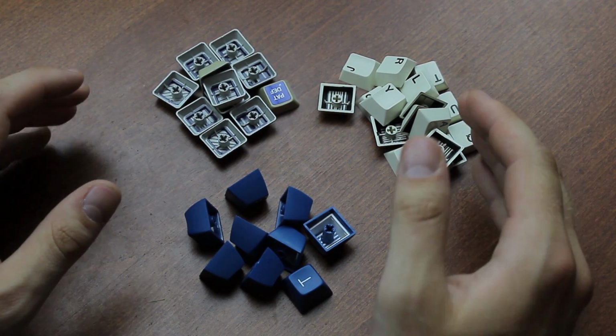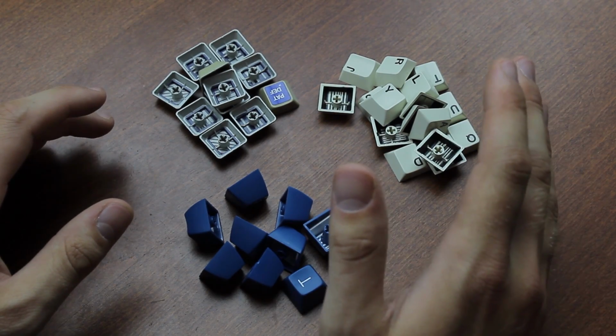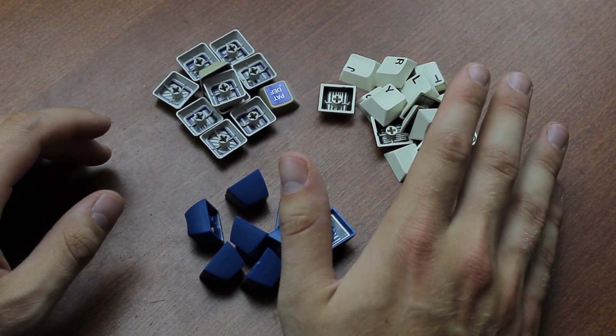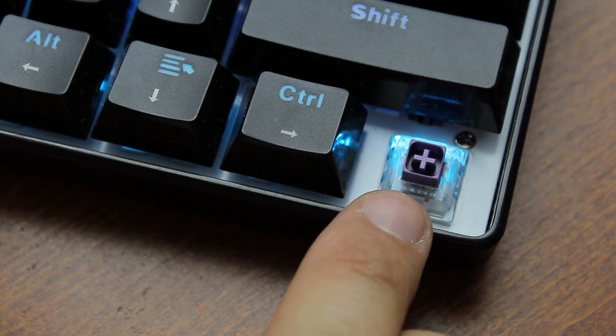What I'm taking away from this is 2 things. First of all, not all cap sets seem to suffer equally by the box mount, and second, don't use any expensive keycaps with them. Now for the switches, they are NovelKeys BOX Royal switches, and I've already done a teardown video of them detailing their construction,